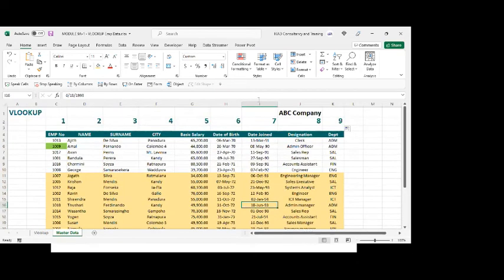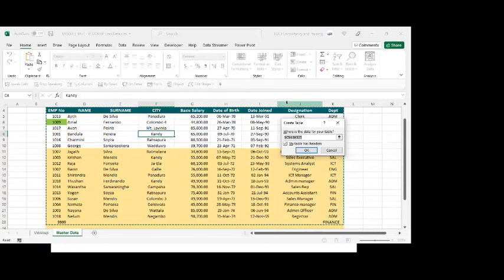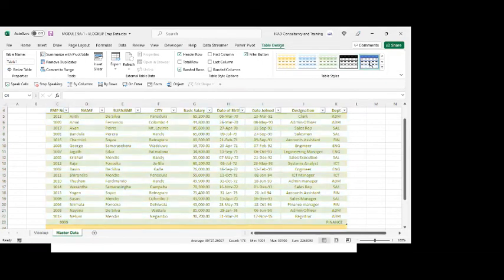Have you done tables here? Format as tables, no? You select a cell here and say format as table and select any design you want. But since I have put a color, it won't pick this design, but it will convert it to a table, right? If you want to pick the color also, you can do it by going into any color, right click and say apply and clear formatting. So now whatever the color here, anything will come, right?